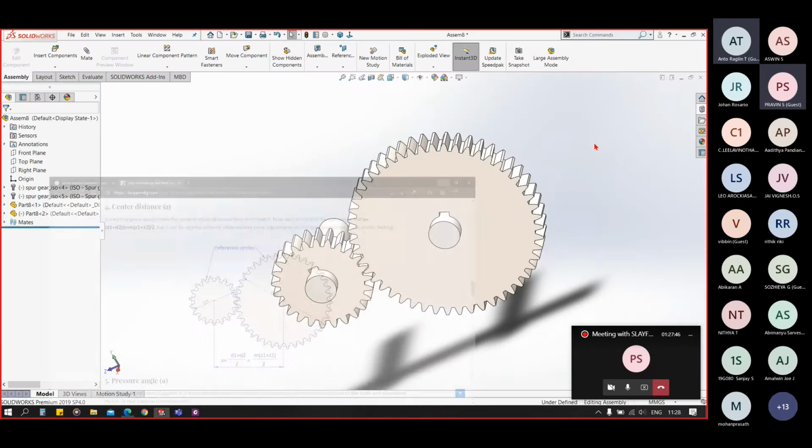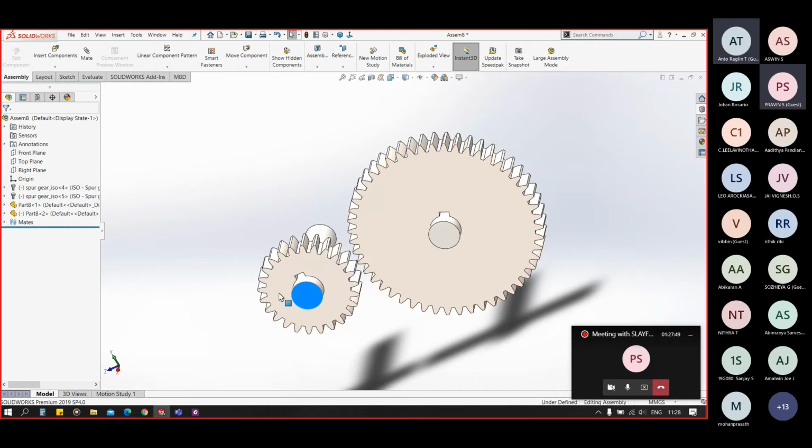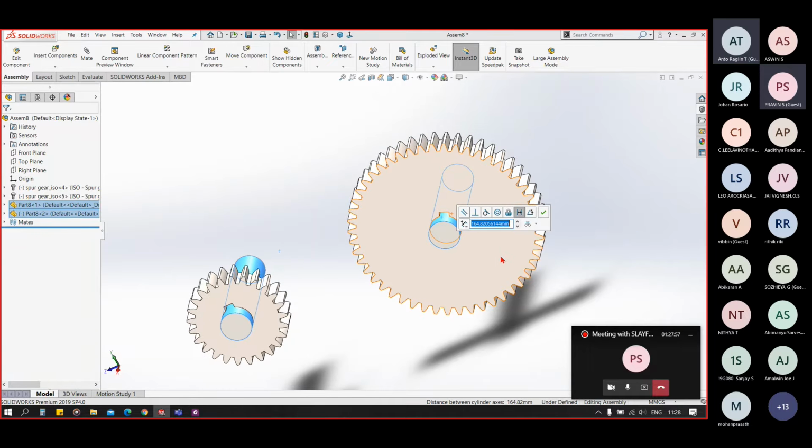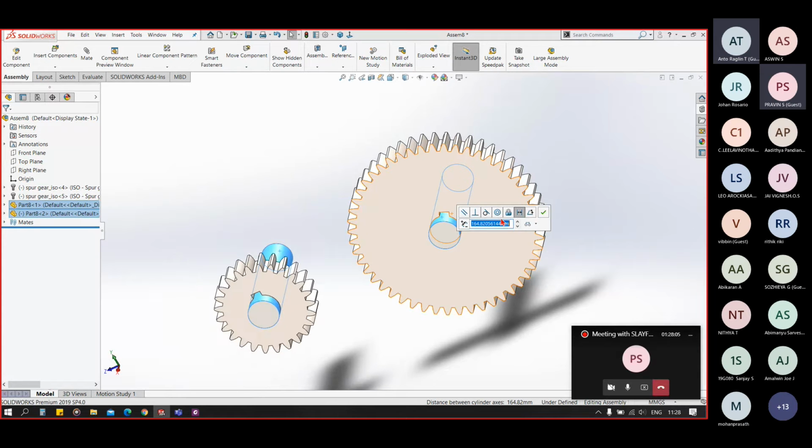So I will select both the shafts and go to the distance mate and I'll add 112.5 to that and I will select center to center here.